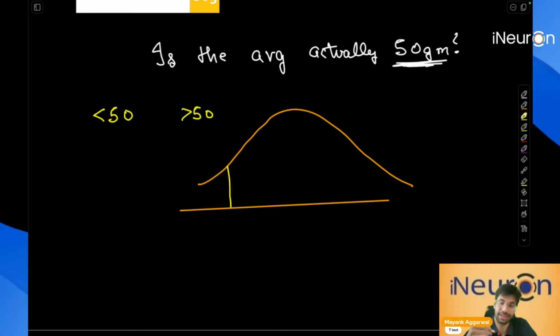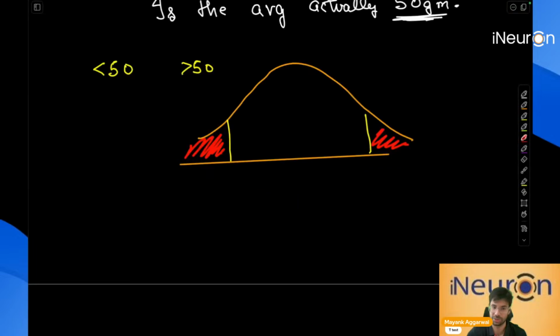If you're getting less than 50, that's also a problem. Let's say the weight is 48 gram or something, that is what we are getting as the mean after this t-test. If you're getting greater than 50, that is also a problem. So this is what is known as your two-tail test, because we are penalizing or seeing the error on both ends. It is not that we are fine if it is greater than 50. Ideally, in this case, what I think the major thing you will want to know as a consumer